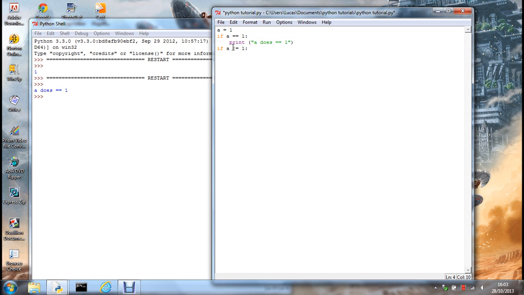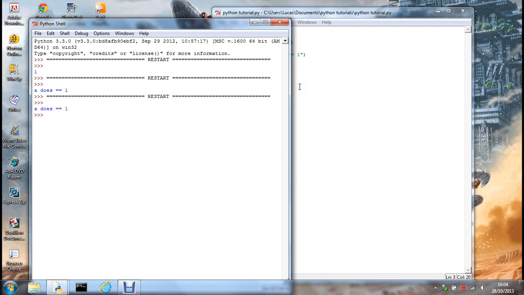That's saying if a is anything except 1, print a does not equal 1, not 2, 1. We know this should still be displayed because a is equal to 1. So if we run the program,